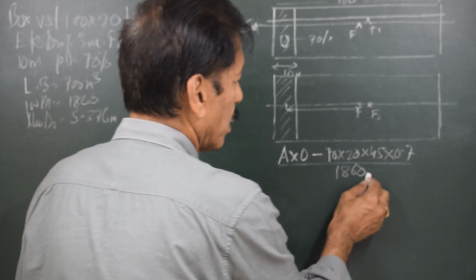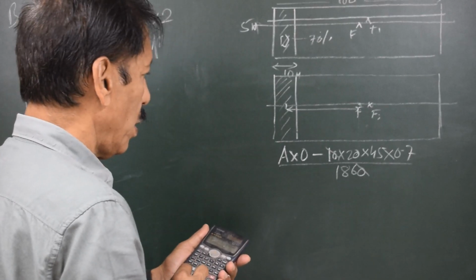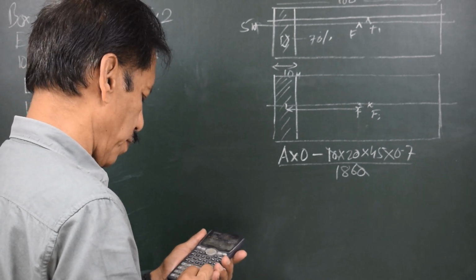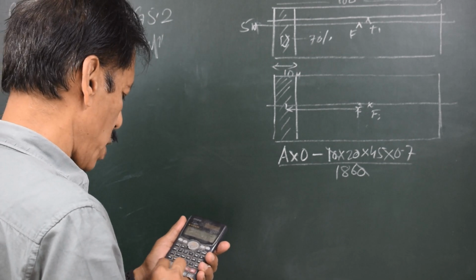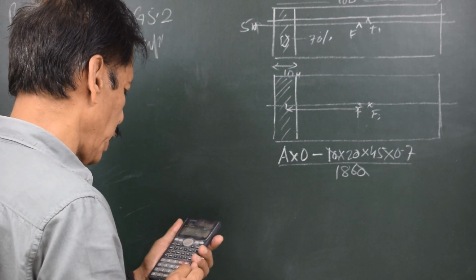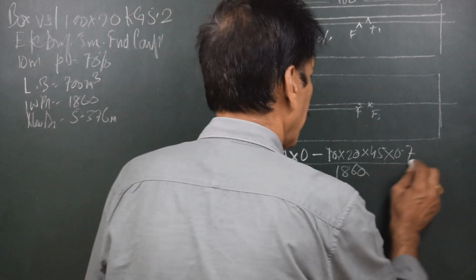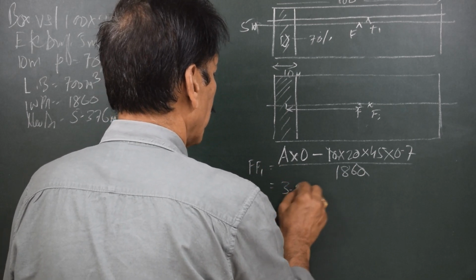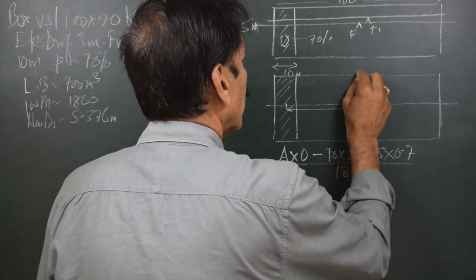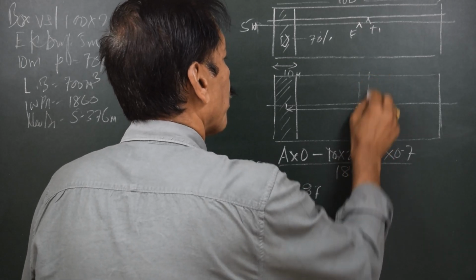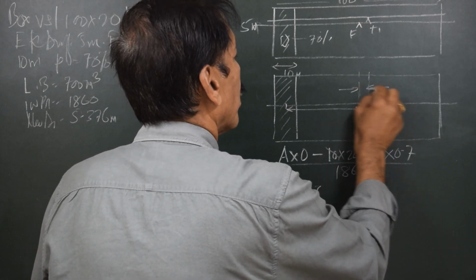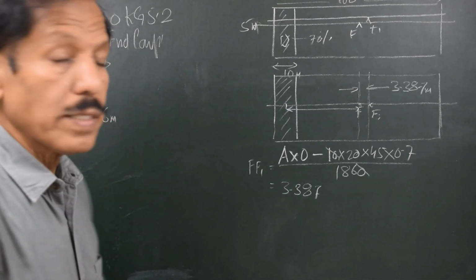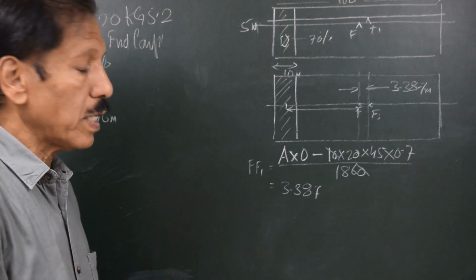0 gets cancelled here. So we have 20 into 45 into 0.7 equals, divided by 186. That gives me 3.387. This distance is 3.387 meters. So as I said, in end compartment bilging, one of the first things that we do is find